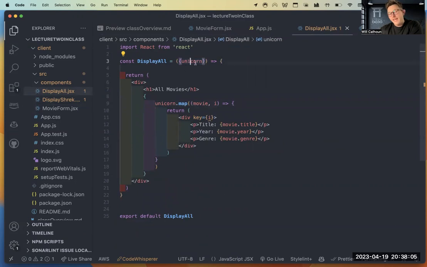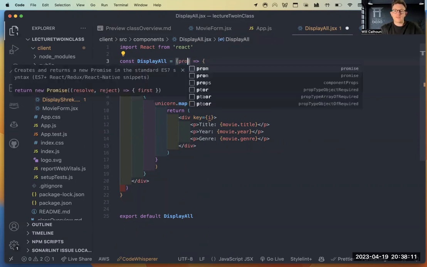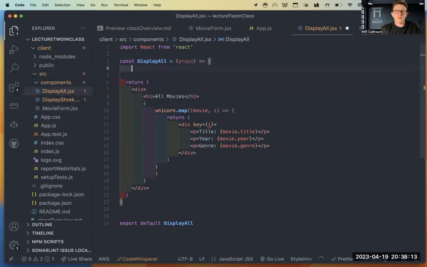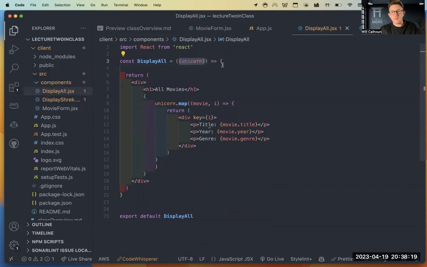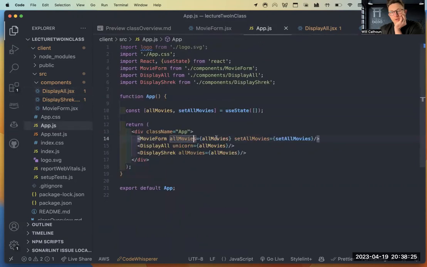Whenever we get that piece of information, it comes in via props. Again, we could destructure it inline up here, which just says unicorn. This is the same thing as if I were to say props and then say const unicorn equals props. They do the same thing. In my mind, it's just one less piece of code, so we do it that way. Whatever you call it up here, you can call it, like I usually use unicorn because I think it's unique and you're not really going to name anything unicorn.